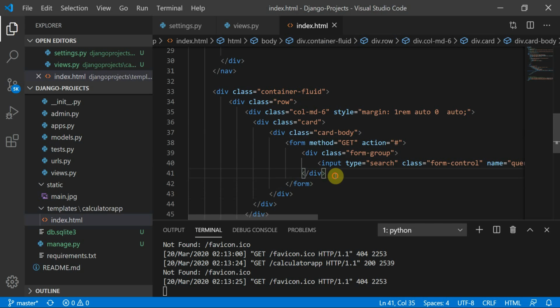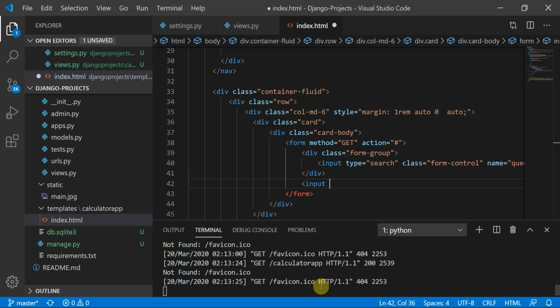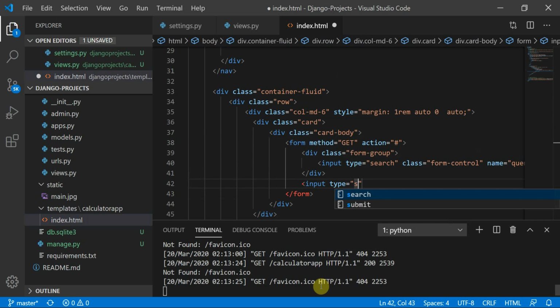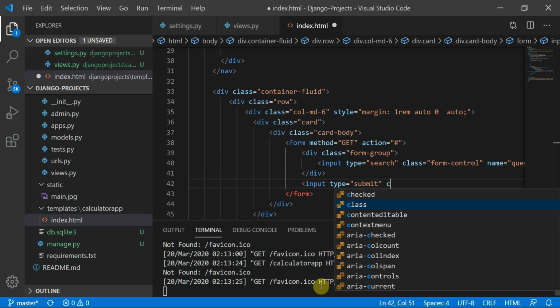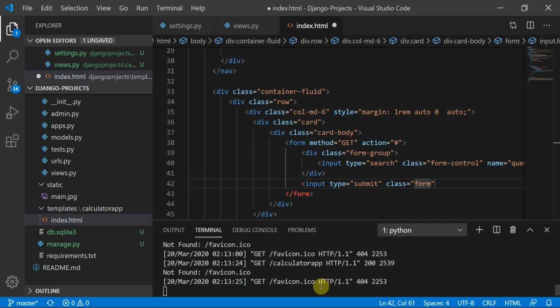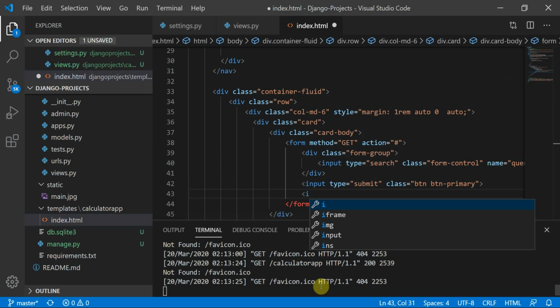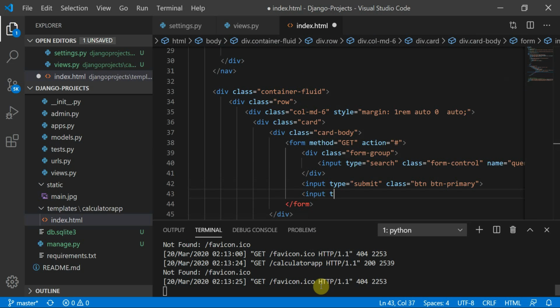So what I can do, input type is equal to submit, class is equal to form button primary. Okay, and I have to define a new input also, input type is equal to reset,